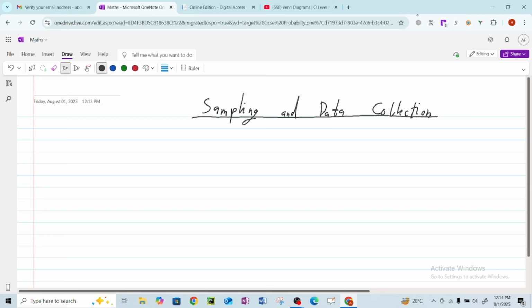Okay, so today we're gonna do sampling and data collection. Now, what is sampling? The first thing you have to know. Sampling is basically a shorter way to know something about a population